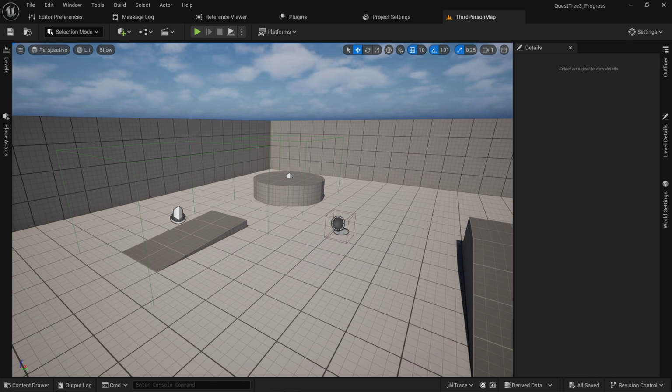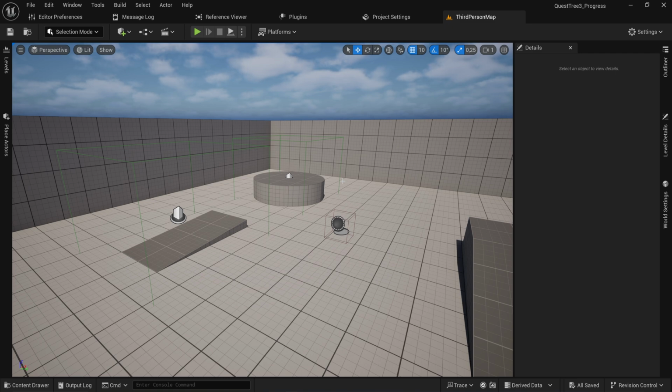Functionally we have a quest system, but that doesn't matter until we can actually display our current quest. So I think it's high time that we look into setting up some widgets that can display our current quests and our progress in those quests. This isn't going to be too complicated, but it's going to require quite a bit of setup, so let's dive